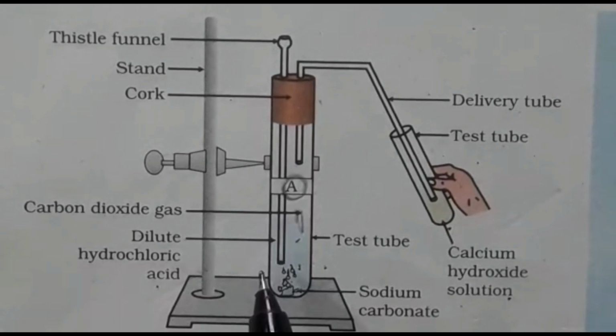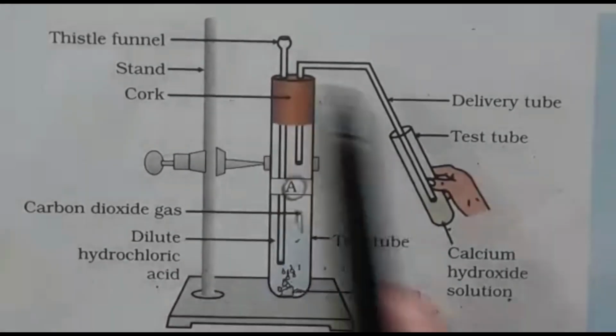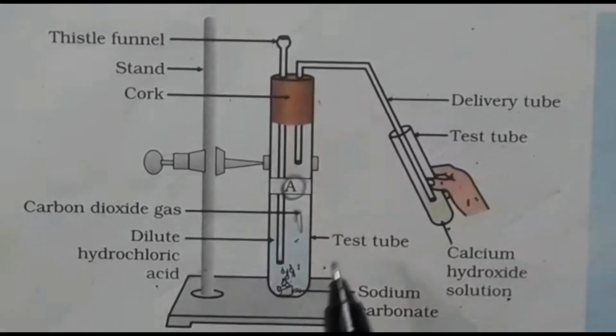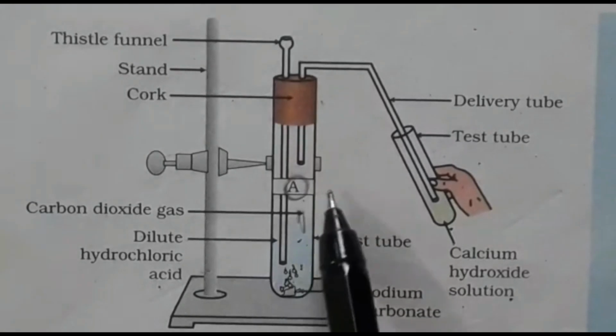The precaution is here, children. We need to be careful while handling acids. Okay, arrange this apparatus properly. Now take two test tubes, and label them as A and B.